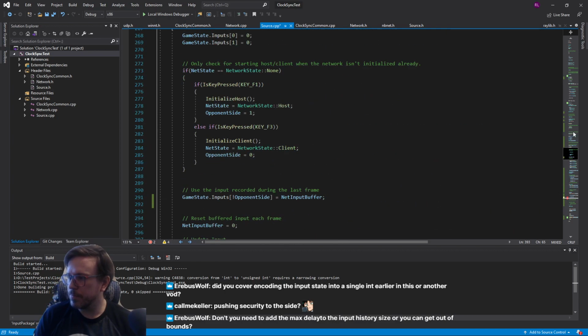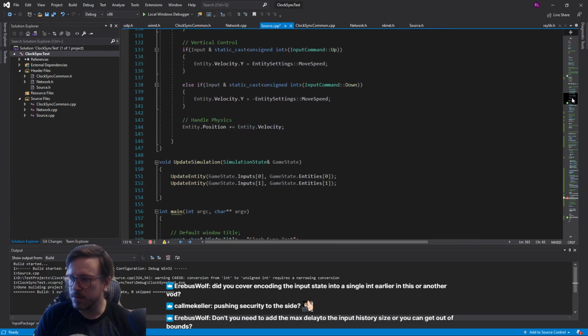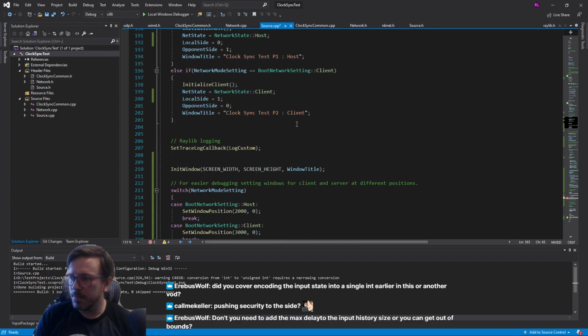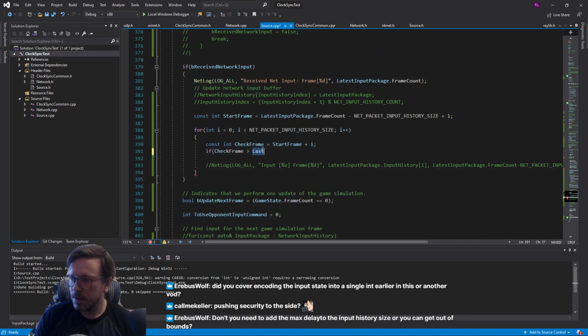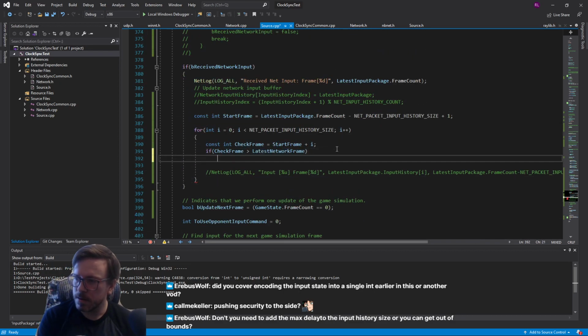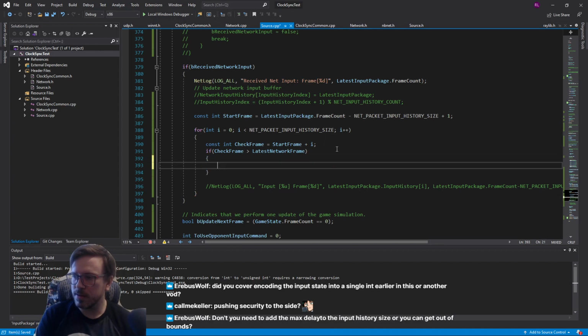Go back up here. I need a kind of a scratch pad for these variables. Latest network frame. If check frame is greater than latest network frame, then we're going to do